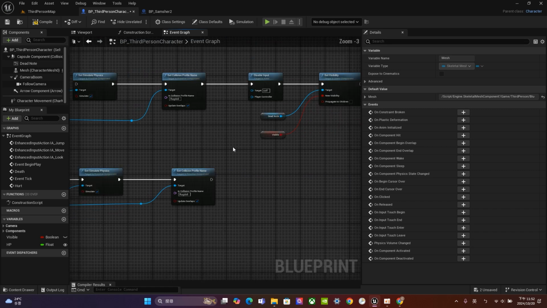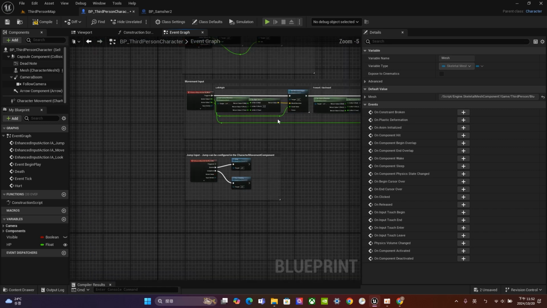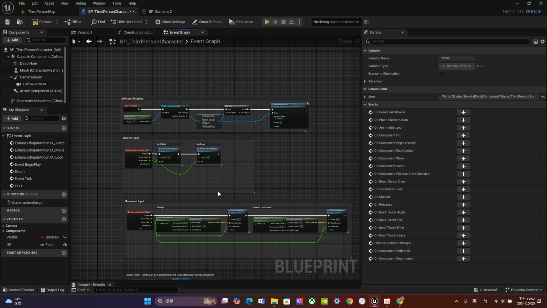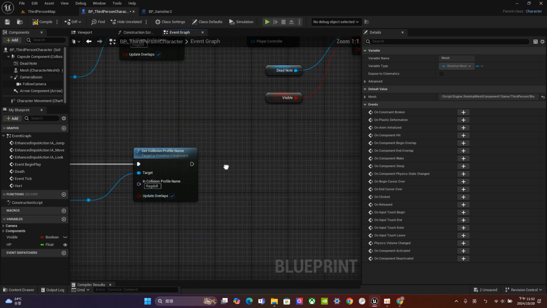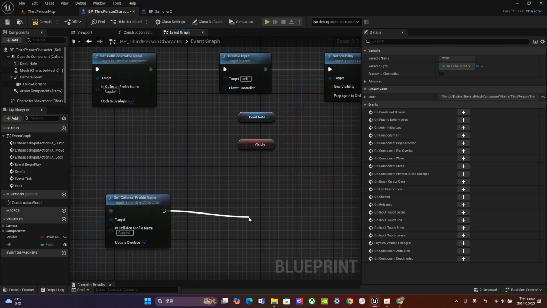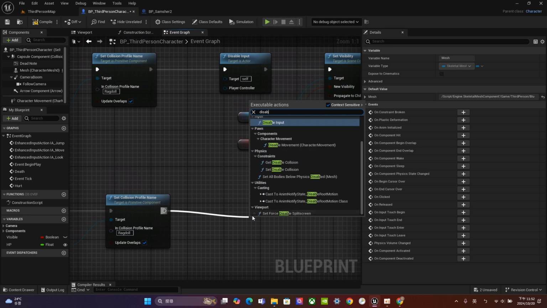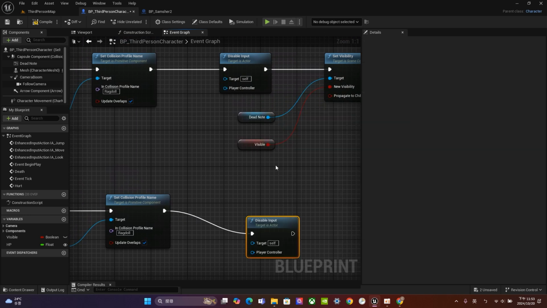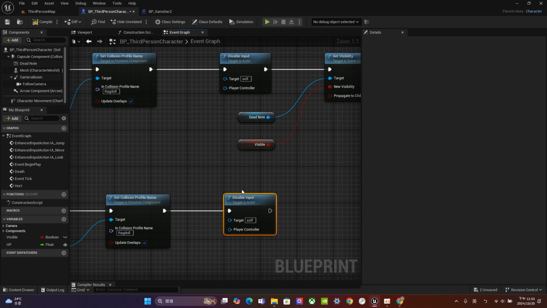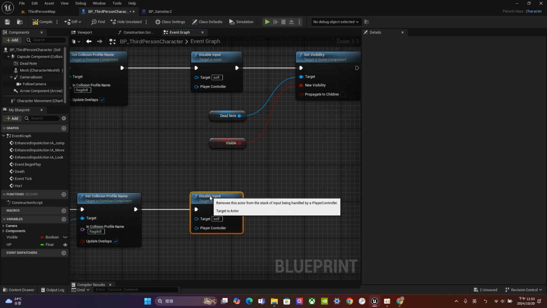Once it died, we have to disable our input, which means all the things here. We have to disable all the things here. So let's go to here and choose disable input. Once this event graph node works, your input control will be disabled. You cannot use that anymore. And finally,